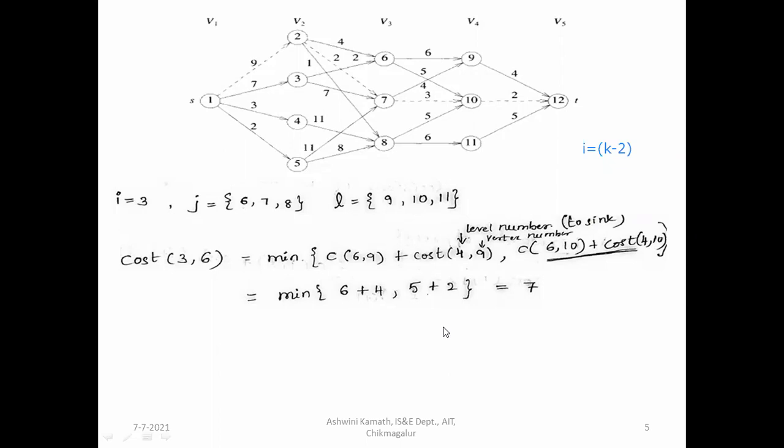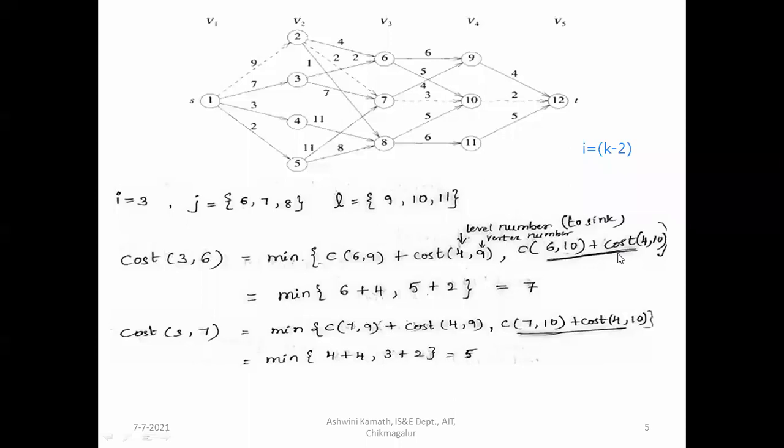So we have to note down from which vertex we are getting the minimum value. That's why I have marked this with the underline. I have underlined this, right? So from this we are getting the minimum value. That's why I have marked this. This is required. I'll tell you why it is required. Okay, then